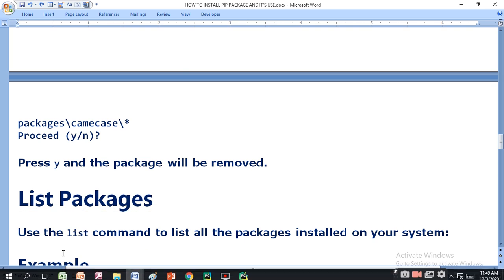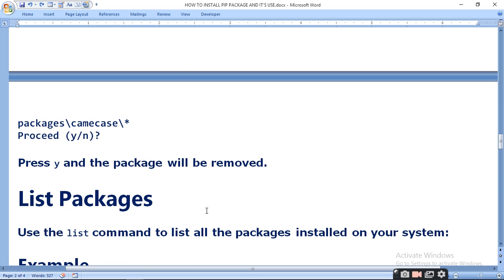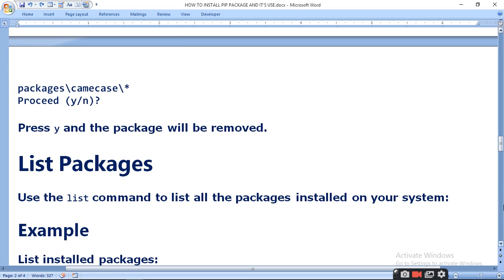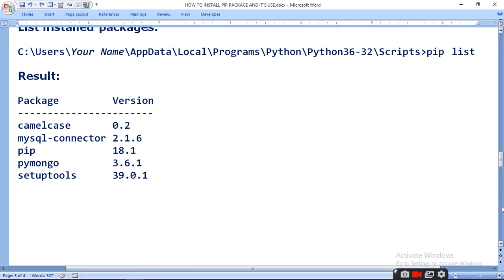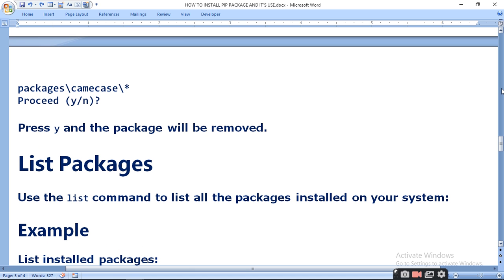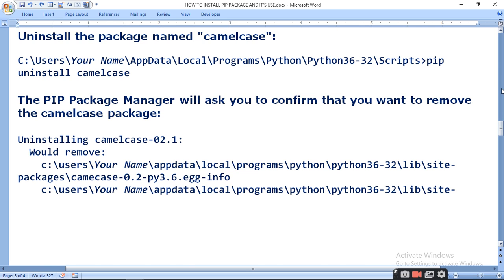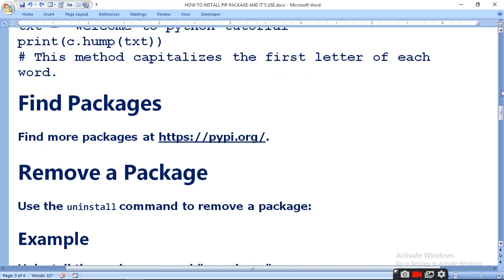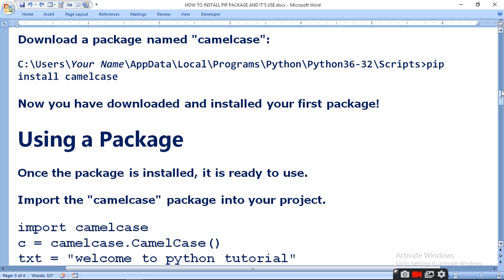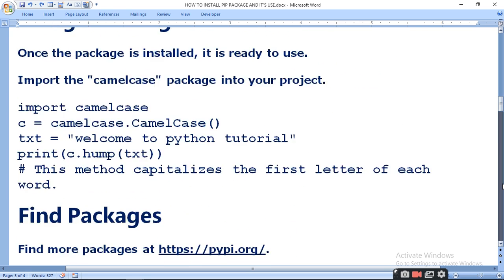Next is list package, which I already showed you. Then example, list install package, I showed you what I have. When you say pip list, this way you can list your packages, you can uninstall, you can install, and you can find your package on the site